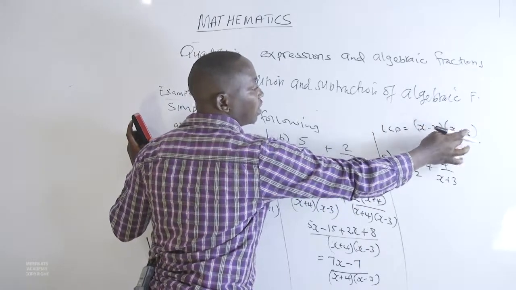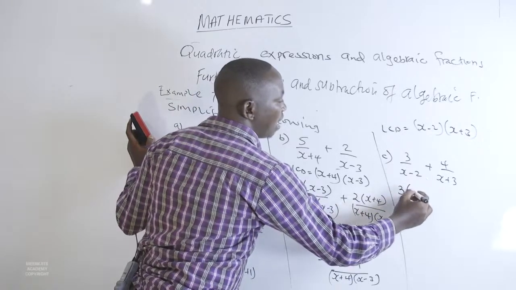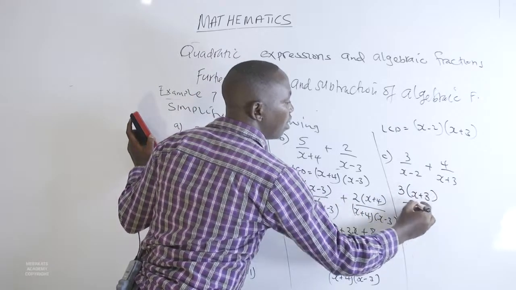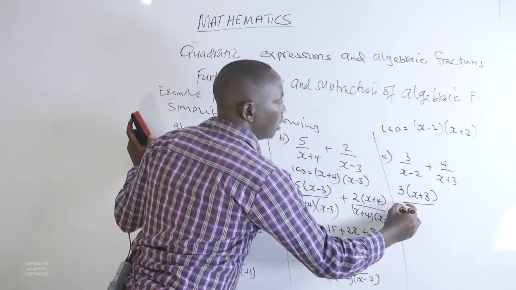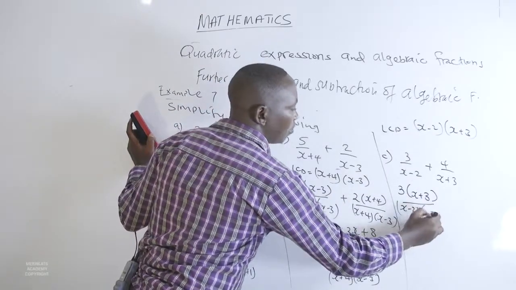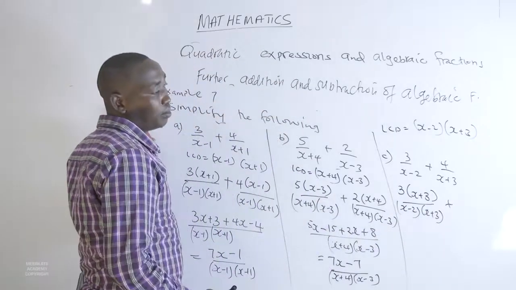It cancels off with that, leaving us with x plus 3. So we're going to have 3 multiplied by x plus 3 over the new denominator, which is x minus 2, x plus 3, added to